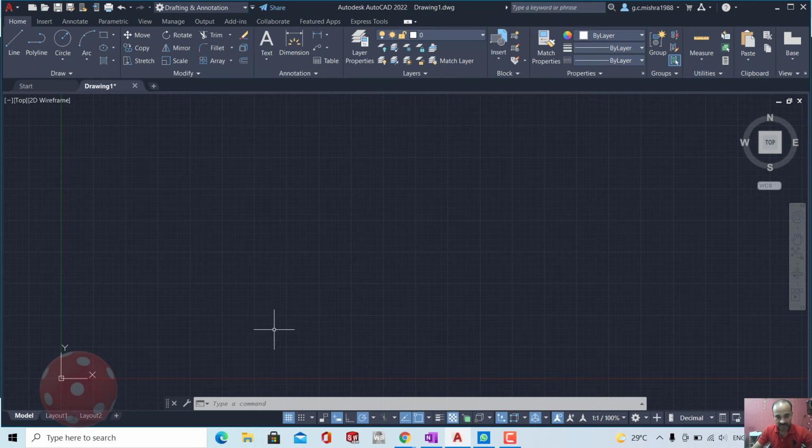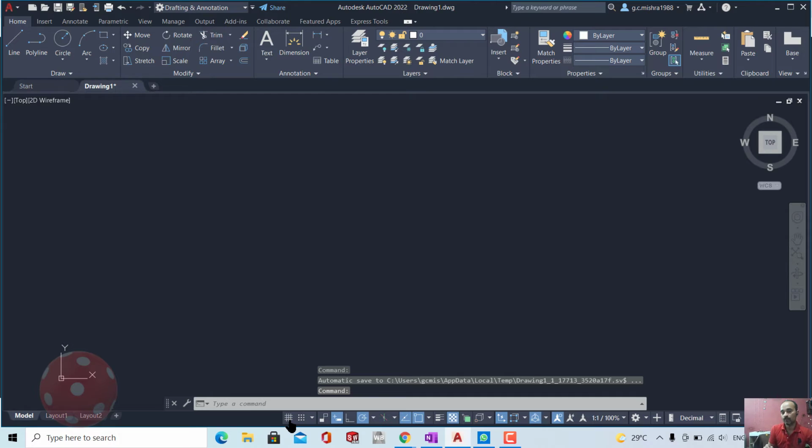It means every task pane icon has two states, either it is on or it is off. At the same time you can see the change. If I click on the grid, the backside grid is off now. It means when you need the backside grid, you can turn it on, turn it off as per your convenience. The grid button provides you the option whether you want your grid or you want to hide it from the workspace.